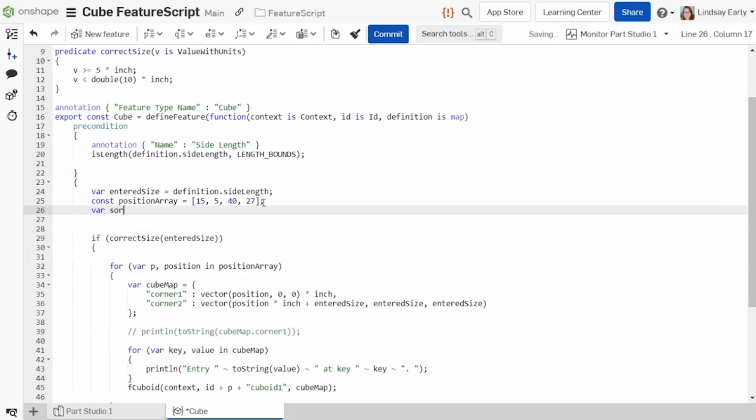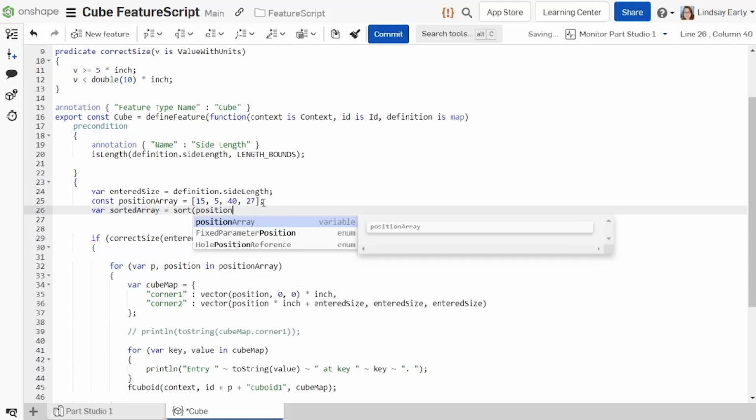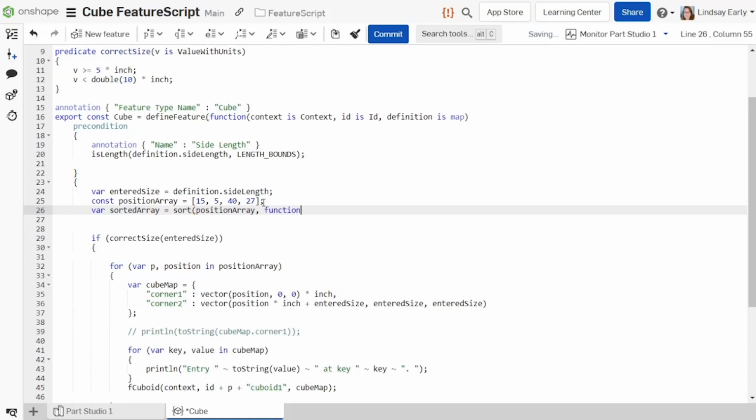Create a variable named sortedArray and set it equal to the result of a sort function. Enter positionArray for the array to sort. The second argument is a lambda function. Lambdas are declared with the word function instead of a name. A sorting lambda takes in two arguments, a and b. For the body,